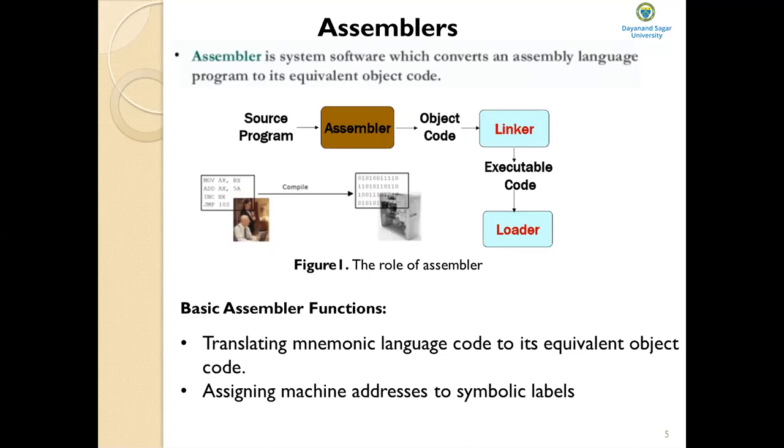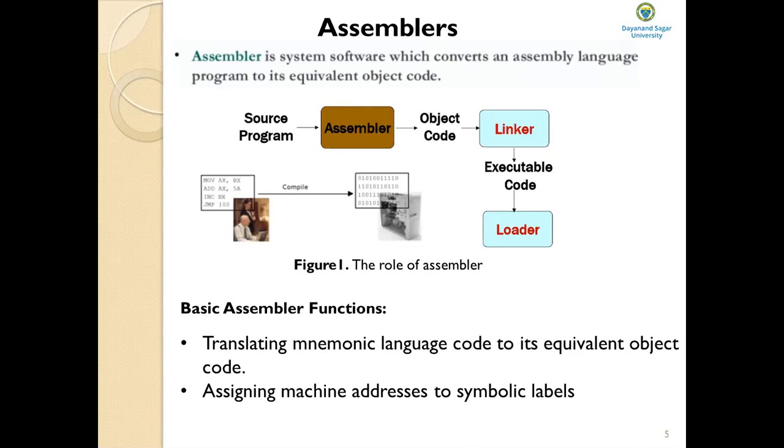So what do you mean by assembly language? It is a language in which opcodes, that means operation codes, and operands are given in the form of alphanumeric symbols instead of zeros and ones. These alphanumeric symbols are known as the mnemonic code or opcode. Examples are ADD for addition, SUB for subtraction, etc. They are called the mnemonic code or the opcode.